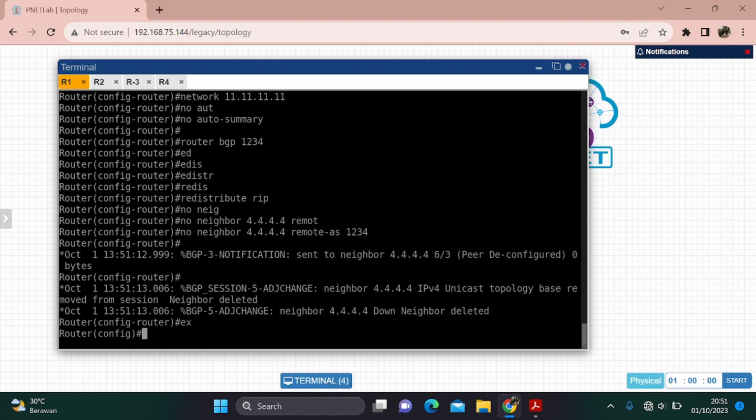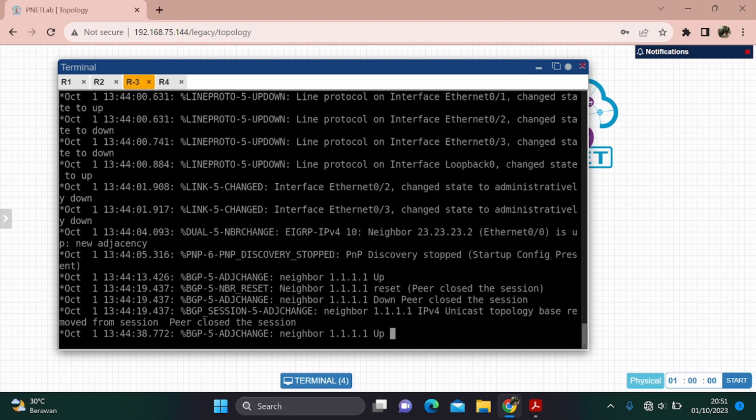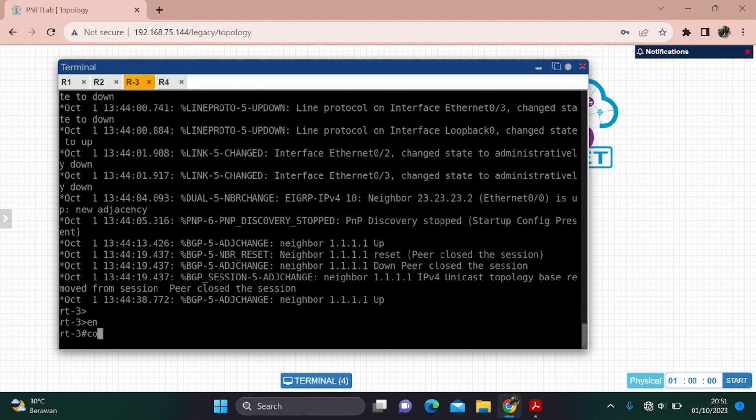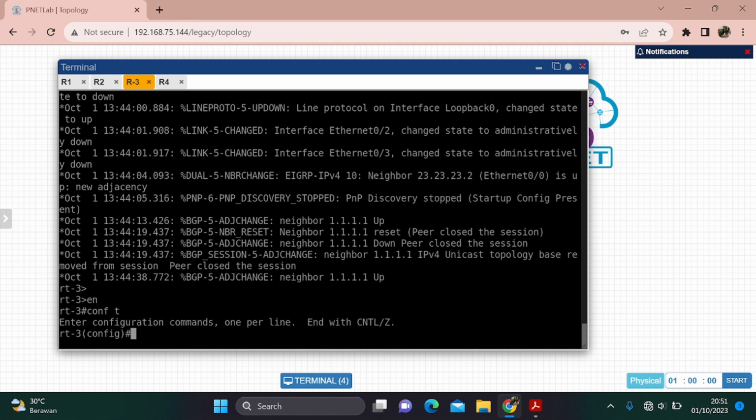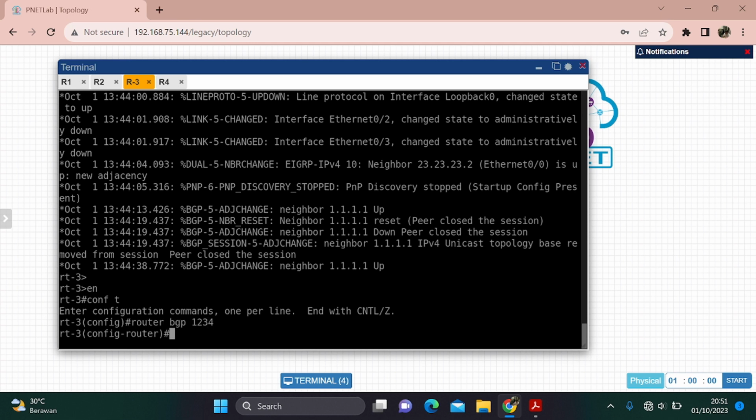After that, go to router 3 to configure the BGP. Router BGP 1 2 3 4 and the neighbor.